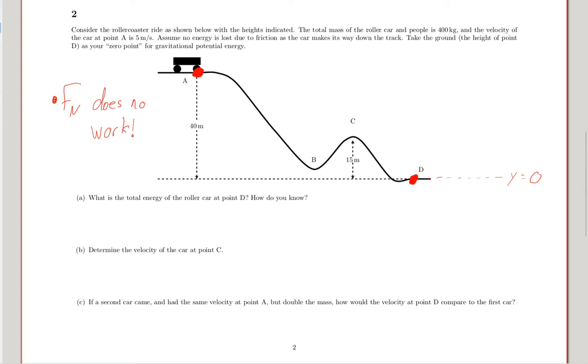But since mechanical energy is conserved, the energy at D equals the energy at A, which is going to be